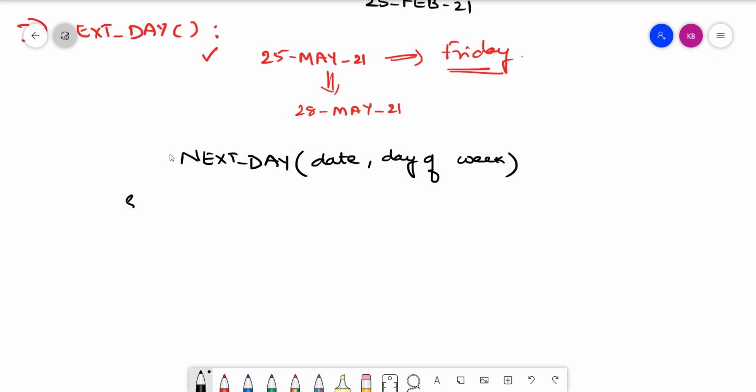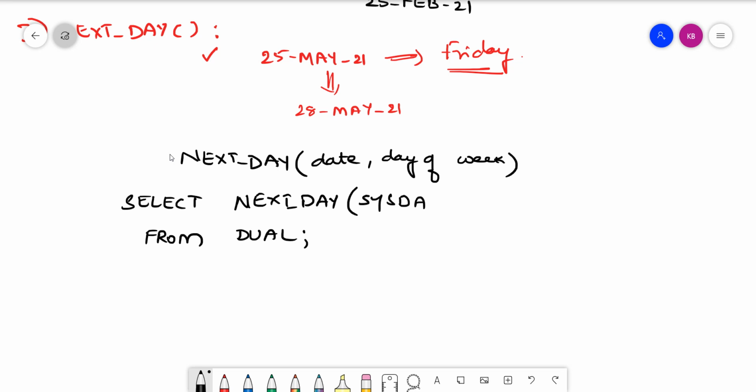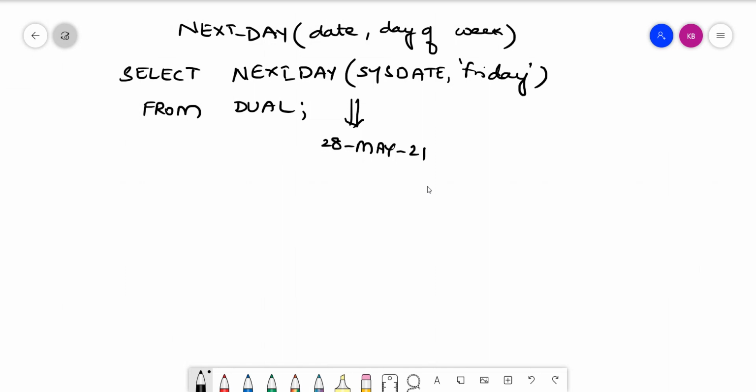For this example we can write select from dual, next_day in parentheses sysdate, that is today's date, comma Friday. This will generate an output of 28 May 21 because the upcoming Friday is 28th. If I do not want to provide this completely as Friday and want a numerical representation, of course, you can make use of the numerical representation as well.